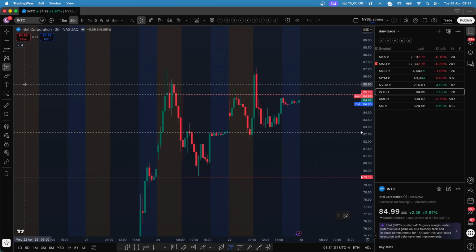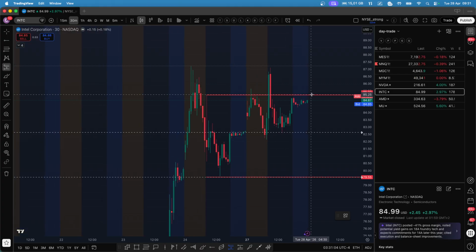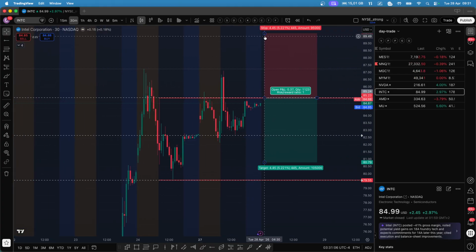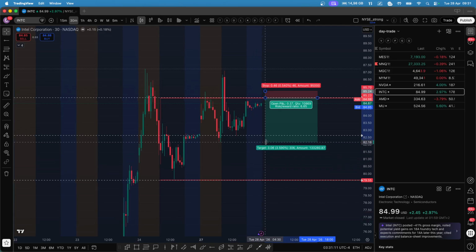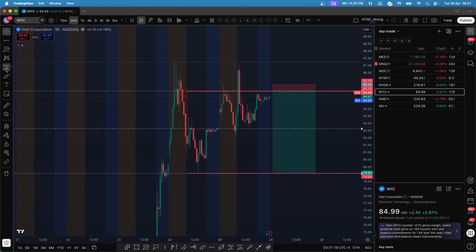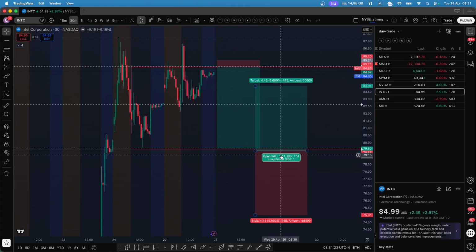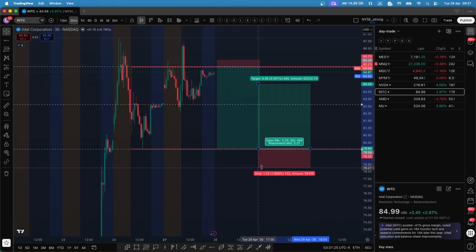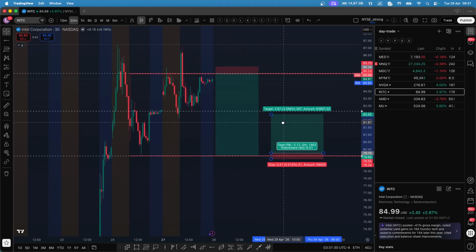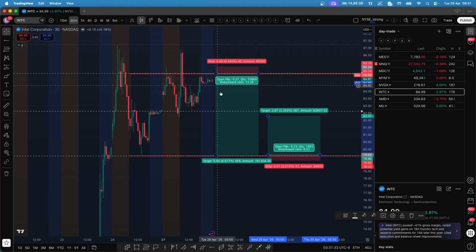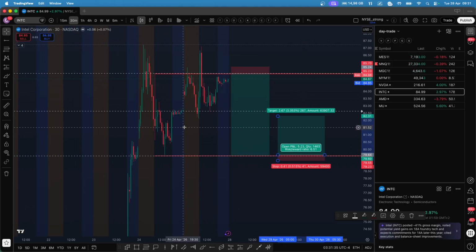If we see, a consolidation is happening. So I think, if you want to fade the rally, this is a good level to fade, around 85 for the target of 82, or if you want to target the previous day low, then this is the level. Or if you want to go long, then 79 is a good level to go long, keeping a small stop loss for the target around this level. So these are the two ideas I can see for the INTC.